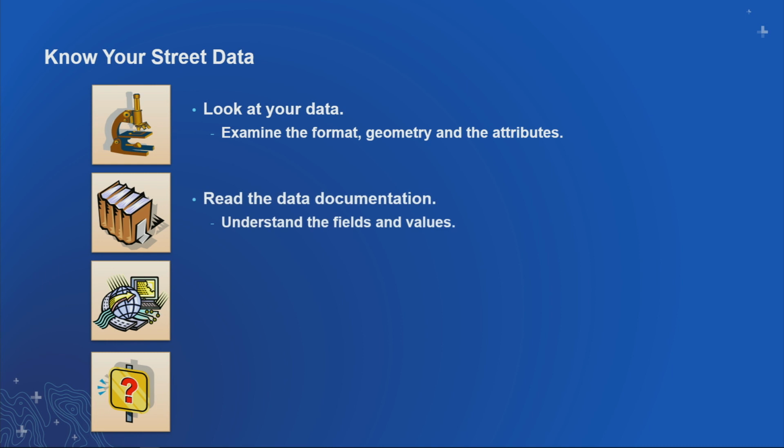As we'll see when Alan goes through creating a network data set, some of the fields on the data can have weird cryptic names like CFCC. And so read the data documentation, see what these things mean, and they might be important to you, and you might be able to use it with your network. Then think about what type of analysis you want to do. So are you doing just simple routing? And if you're using routing, is it enough that you don't incorporate traffic? Or is time of day important for travel and you need to have traffic? So you can find out if your data even supports the type of analysis you want to do before you go in,